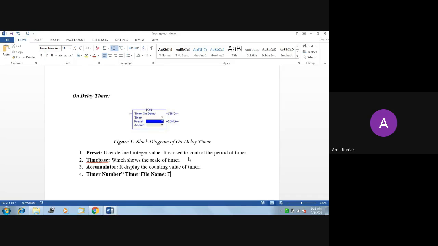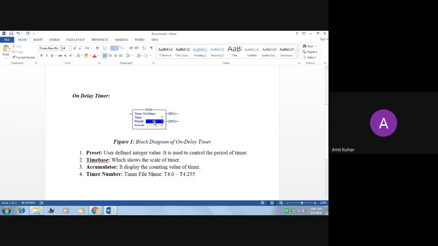Which is always T4, column 0. It will start from 0 and end at T4 255. So total 8-bit registers are there, and it can hold a value from 0 to 255. Maximum will be 255, minimum will be 0. So you can specify on the first here T40, T41, T42. Second will be your time base, where you can select the time base as 0.01, 0.1, 1, 10. So these three variables are there.